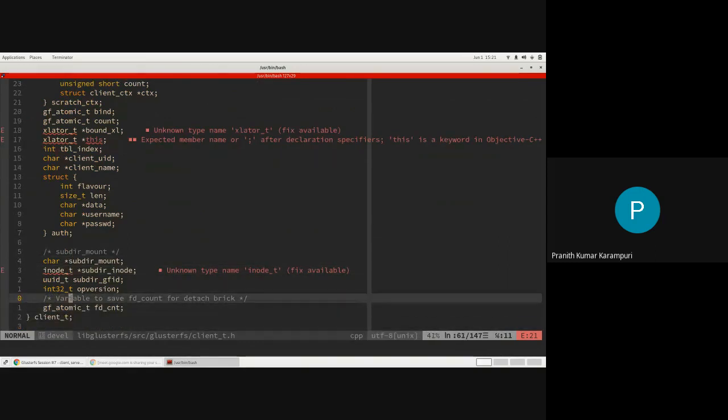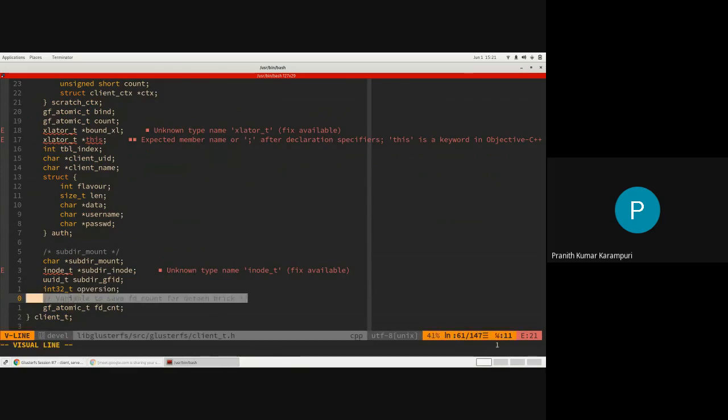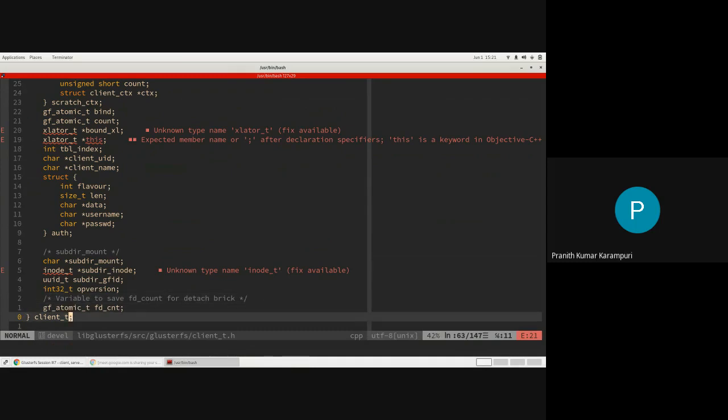And the FD count is again used for cleanup purposes when we do a detach brick. Detach brick is an operation used in brick multiplex, which we are not covering now, but probably with GlusterD we can cover it. But this is the client structure.